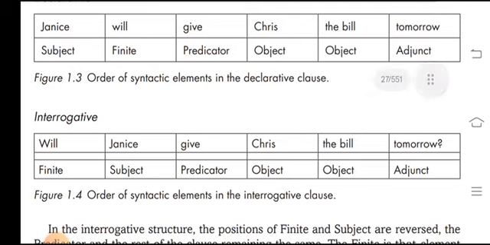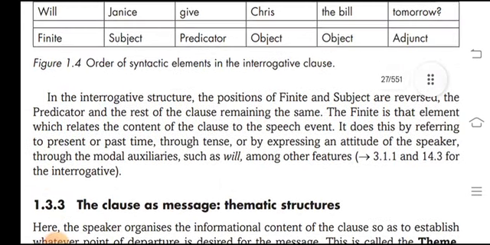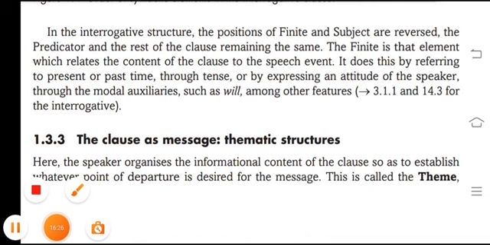Interrogative: Will Jenny give Cherries the bill tomorrow? Finite, subject, predicator, object, and adjunct. Order of the syntactic elements in the interrogative clause: in interrogative structures, the positions of the finite and the subject are reversed, and the predicator and the rest of the clause remain